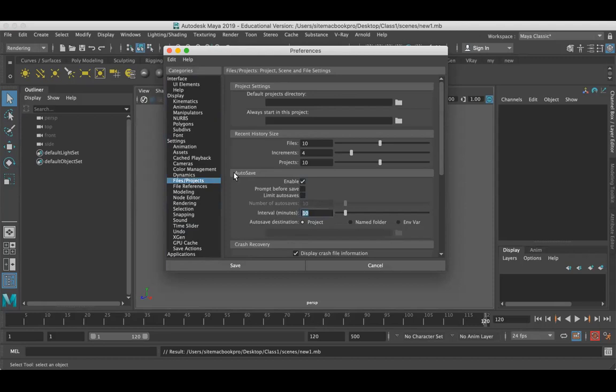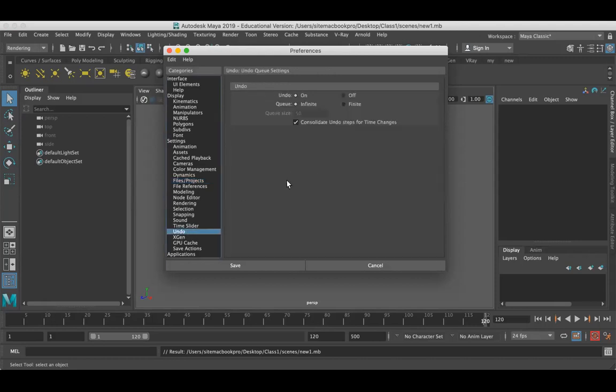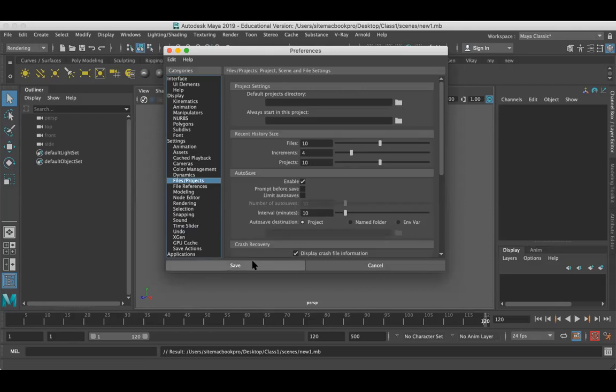Guys, I recommend you do both: auto save as well as undo options. This will help you save your file. Sometimes I have worked on my files, nearly completed, and suddenly my computer crashed.